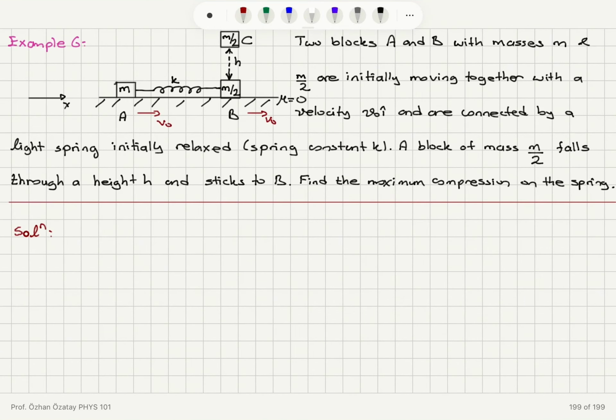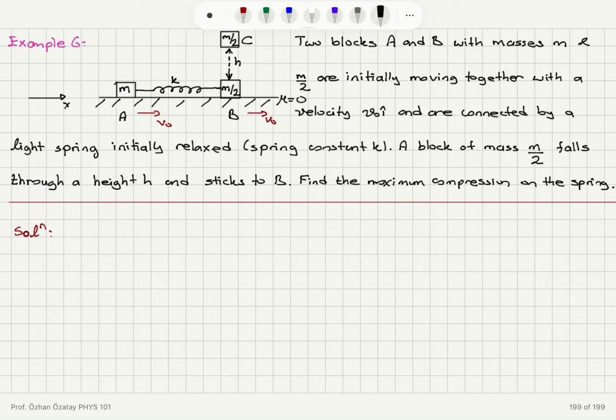Now, as a final example, two blocks A and B with masses m and m over 2 are initially moving together with a velocity v0 i hat and are connected by a light spring initially relaxed, spring constant K. A block C of mass m over 2 falls through a height h and sticks to B. So this falls and sticks to B. Find the maximum compression on the spring. Okay, so